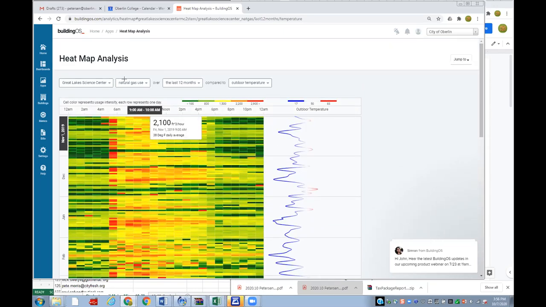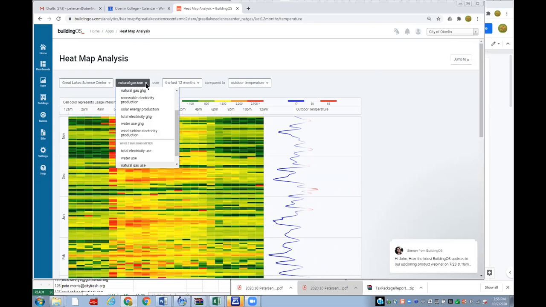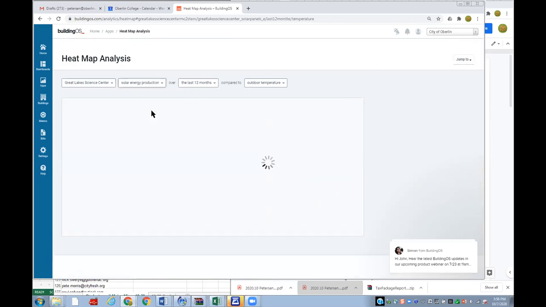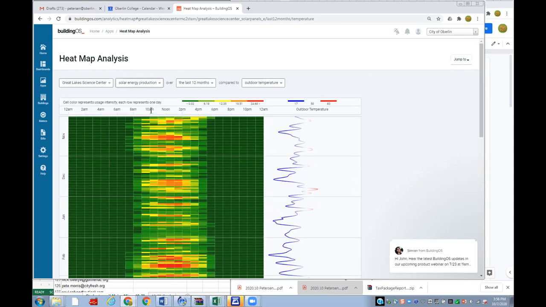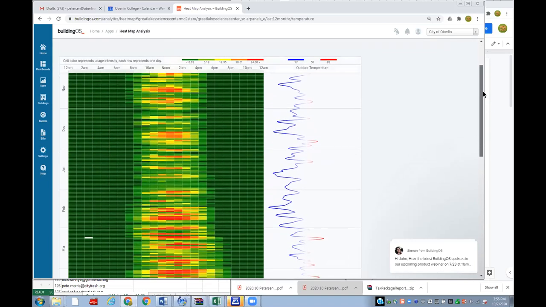But you can do this same thing with sub-meter. Well, actually, let's look at solar energy production. That's probably an interesting one to look at too. So what would you guys expect to see in terms of pattern here? I mean, now you're looking at it, but